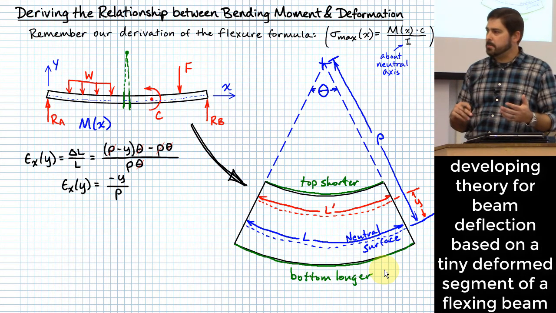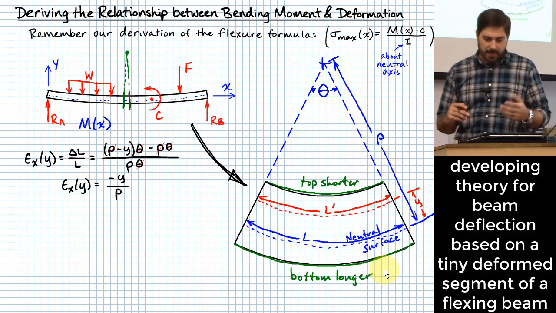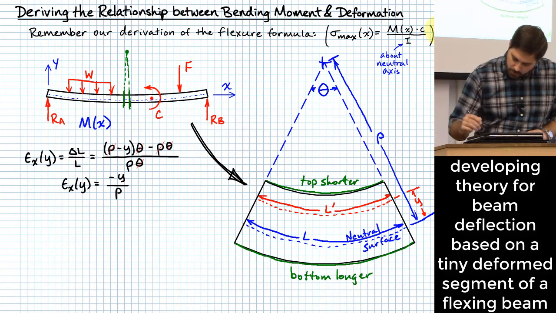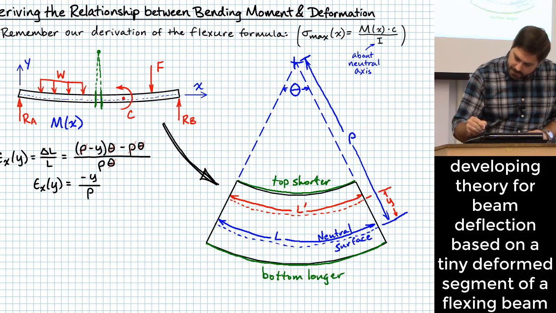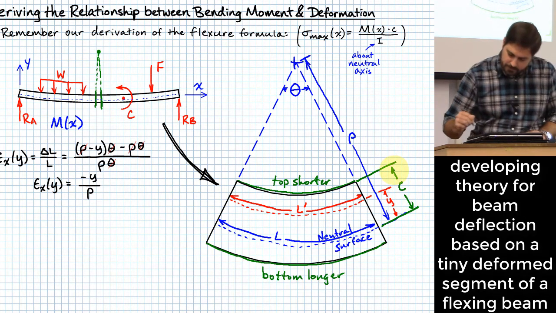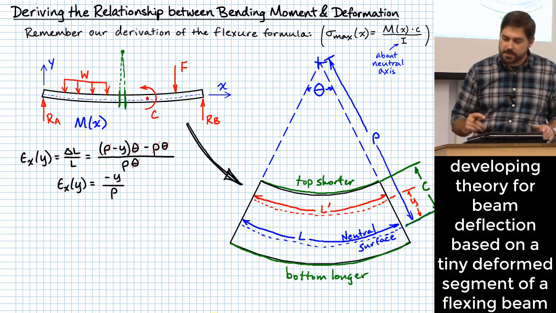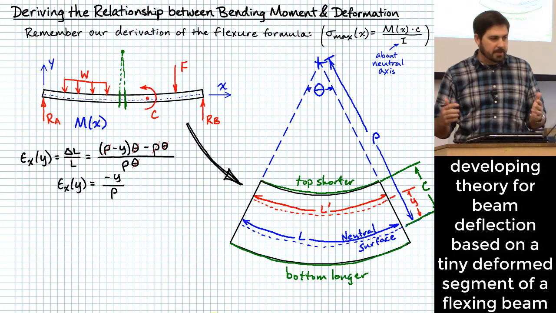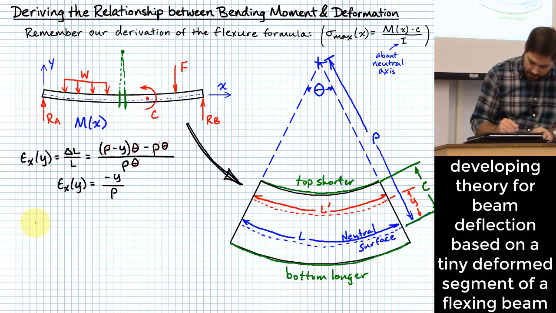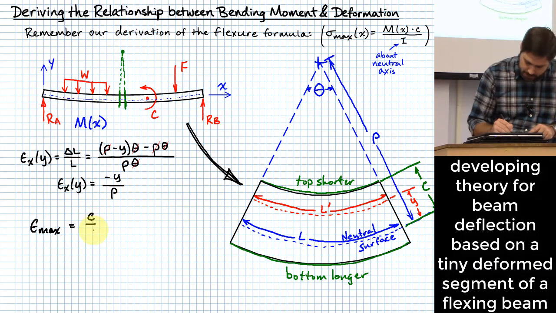It was based on a dimension, and it's basically the furthest distance away from the neutral axis, right? So for our problem here, we could maybe define that relative to this axis right here, and it would be this distance right here, and we called that C, right? If we ignore our signs for a second and think of all this in terms of absolute value, then our maximum strain is going to be plugging in that C value for Y, and it'd be C over rho,